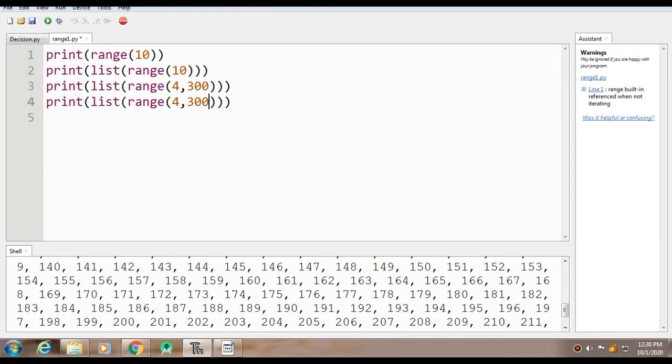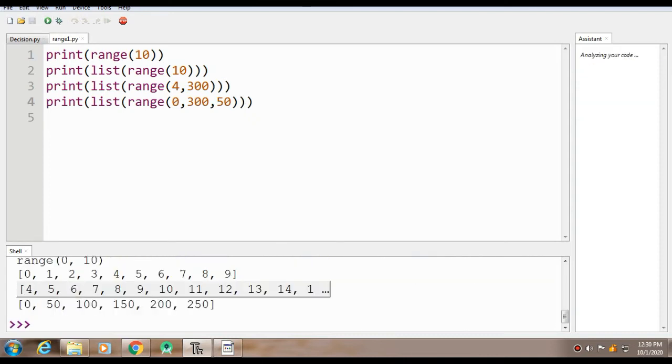I want the starting number to be 0, the ending number to be 300, and let's say the difference between all these numbers should be 50. Okay, so when I execute it, you can see it's from 0, 50, 100, 150, 200, 250, and so on.